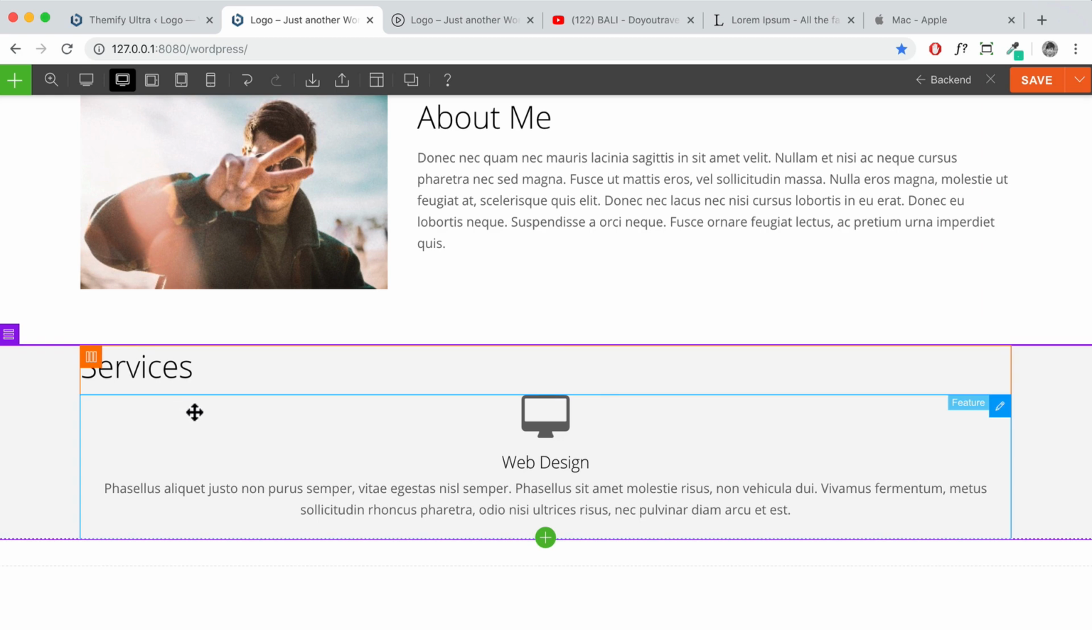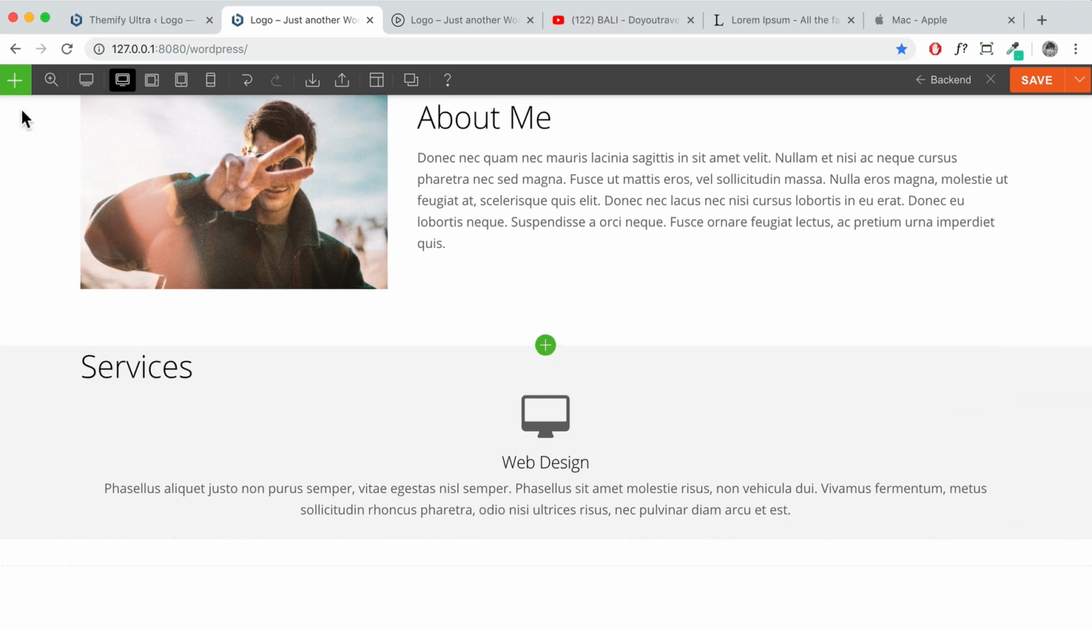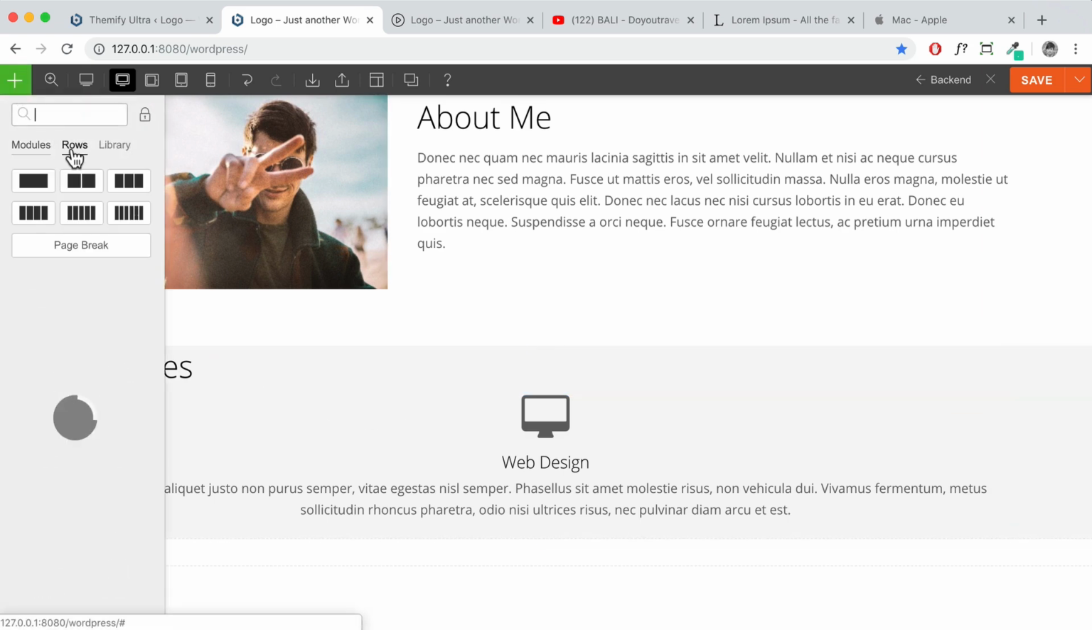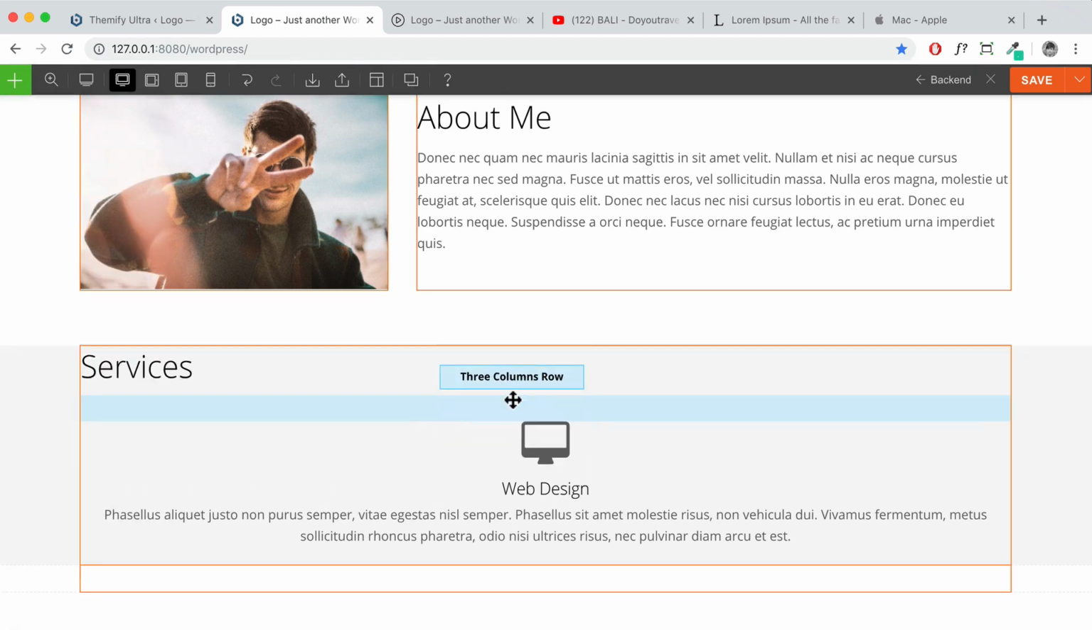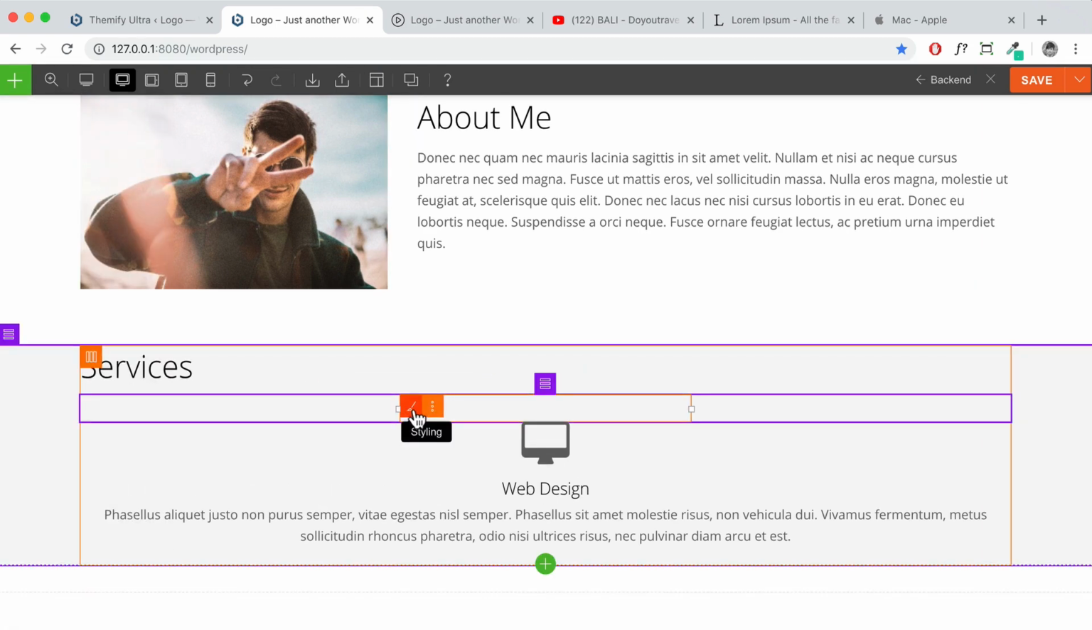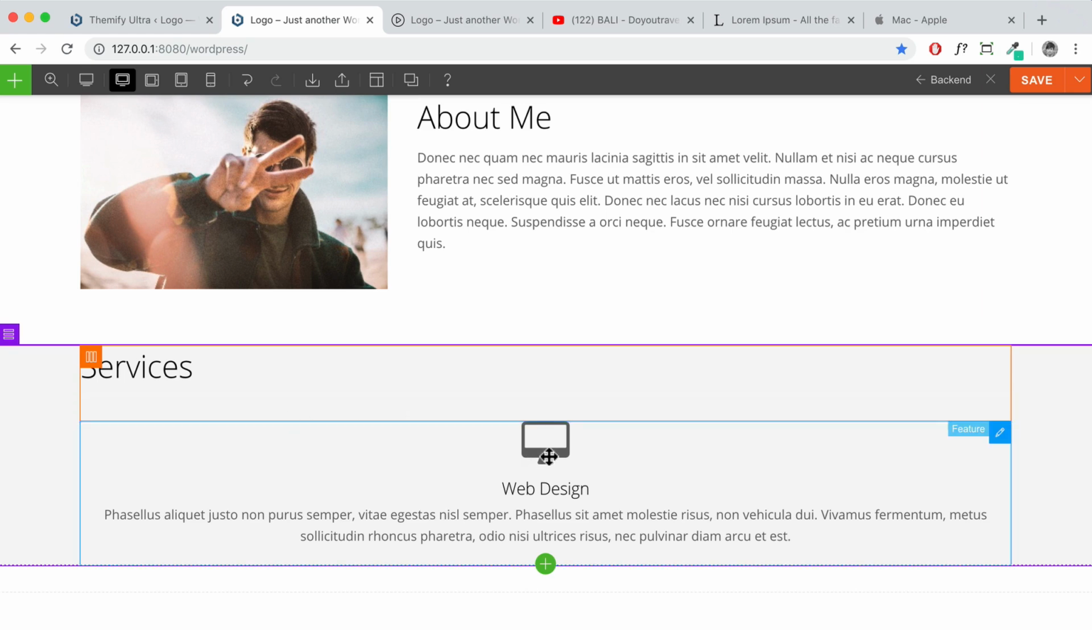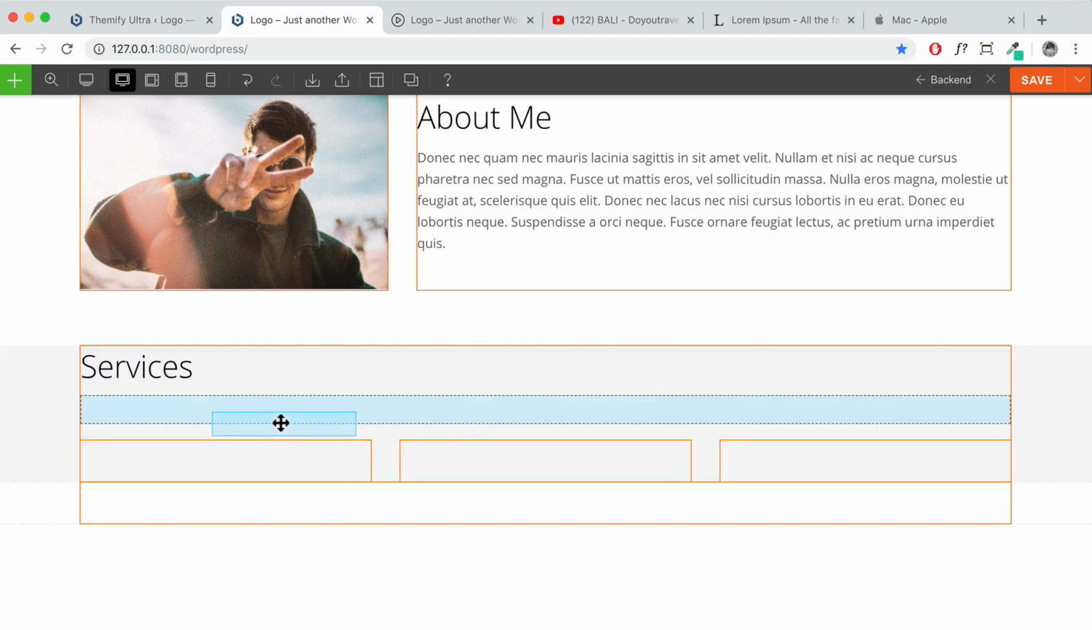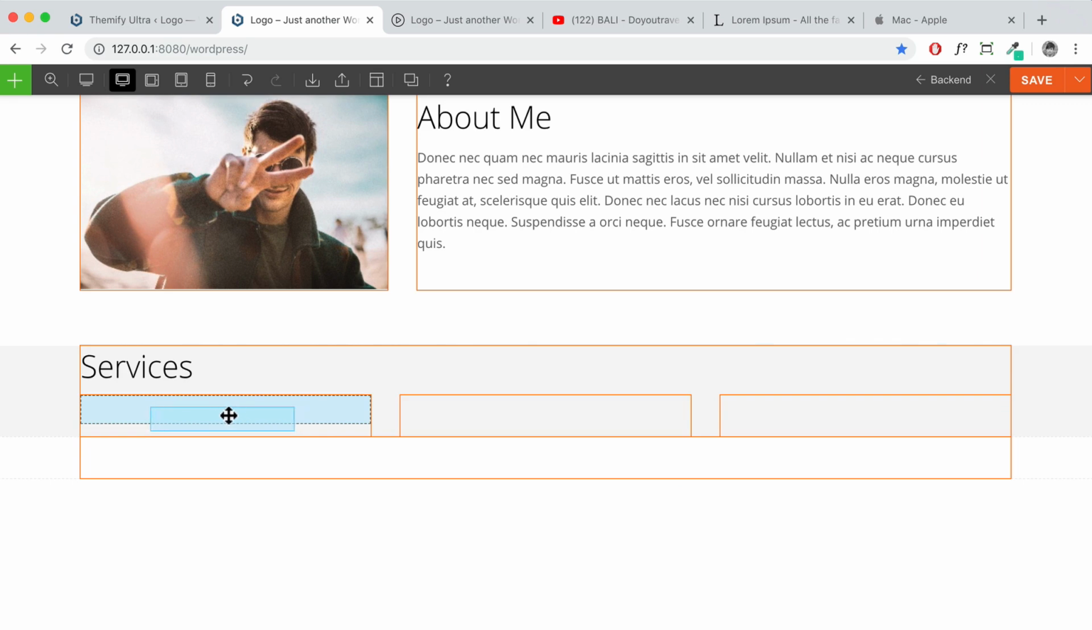All right, so let's just say I want to create 3 different sections, 3 different feature modules. So to do that, I sort of want to have 3 rows, right? So what you can do is hover over the green here and click on rows, and I'm going to select this one here. Okay, click it and drag it and put it below services. Once you've done that, then drag the featured module, click on it, and put it into one of those columns,